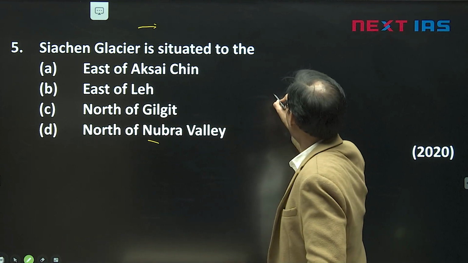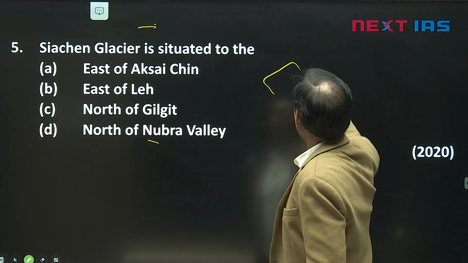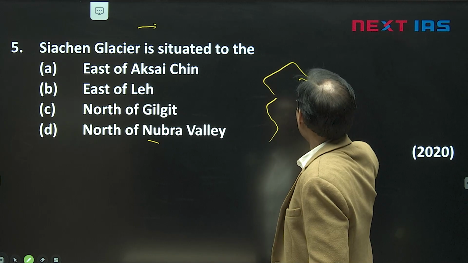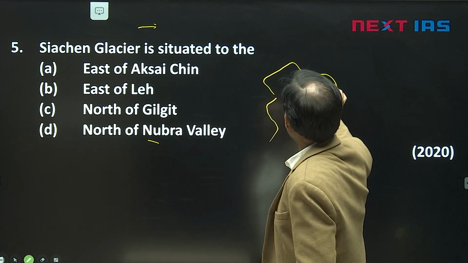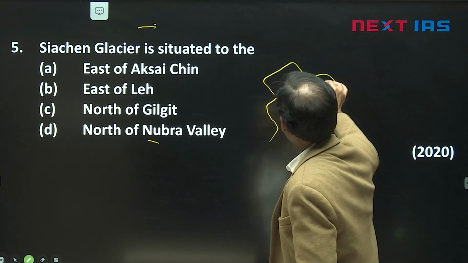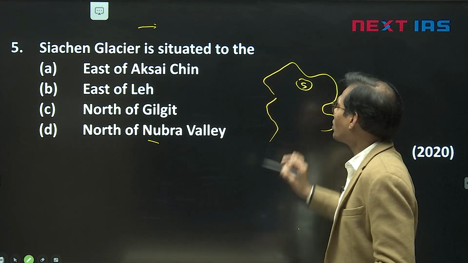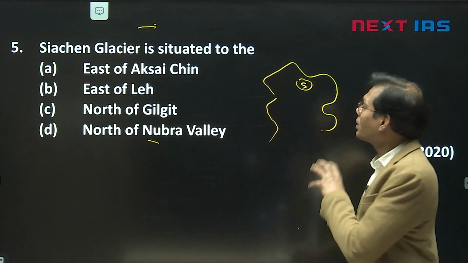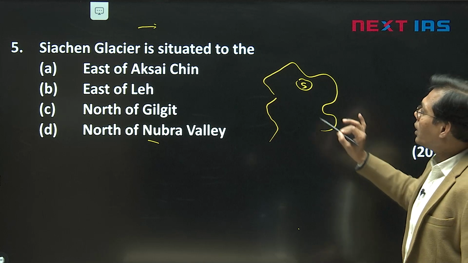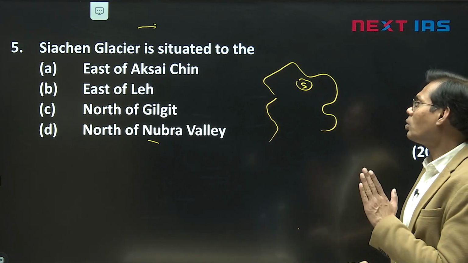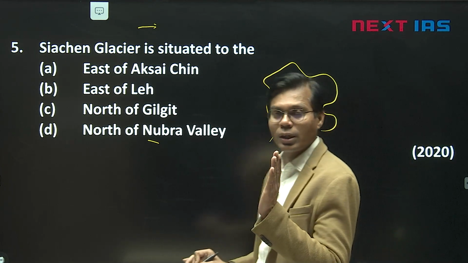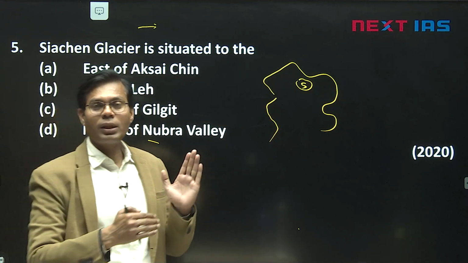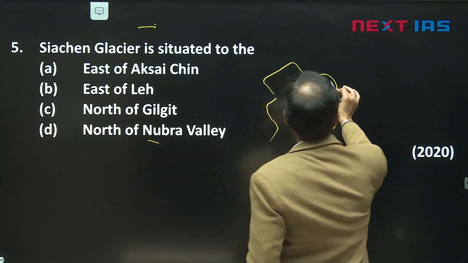One diagram, for example, of the northern area. Siachen, the highest battleground. On one side is Pakistan, and this side is the Chinese side, but Siachen is here under our control. Operation Meghdut was launched in the past to gain this control of Siachen. And Siachen Glacier is east of Aksai Chin. Actually, Aksai Chin is an area under illegal occupation of China. China occupied the eastern part of Ladakh here. That is the Aksai Chin area.